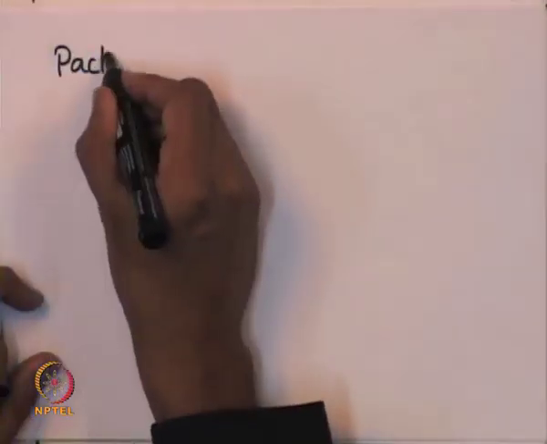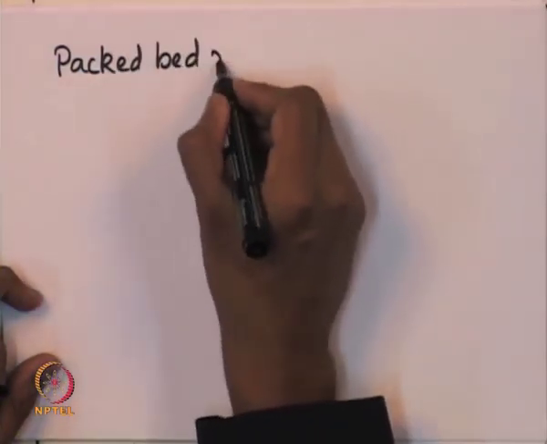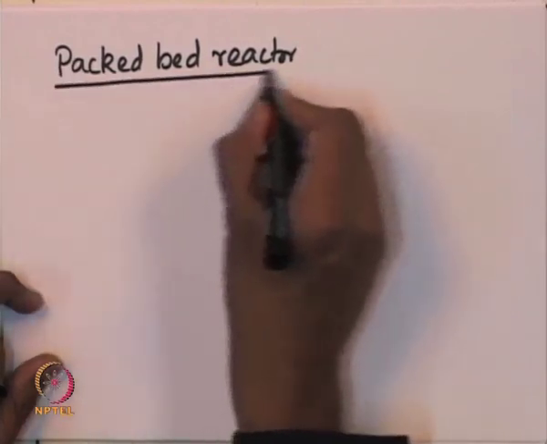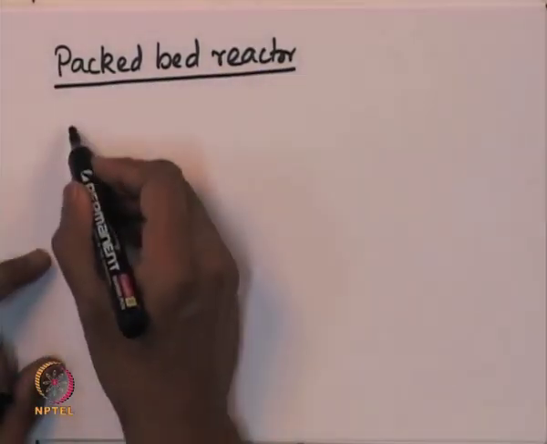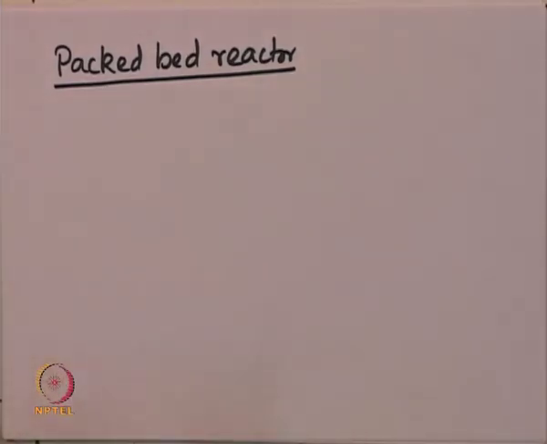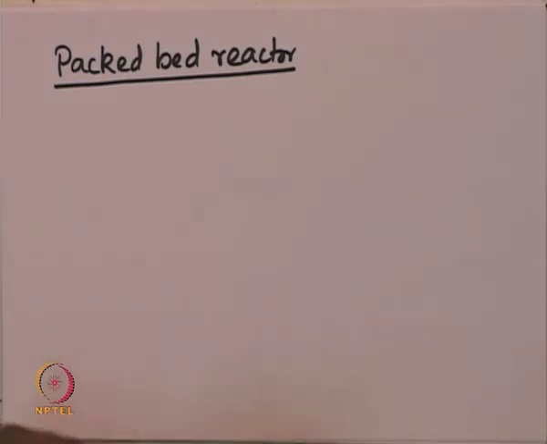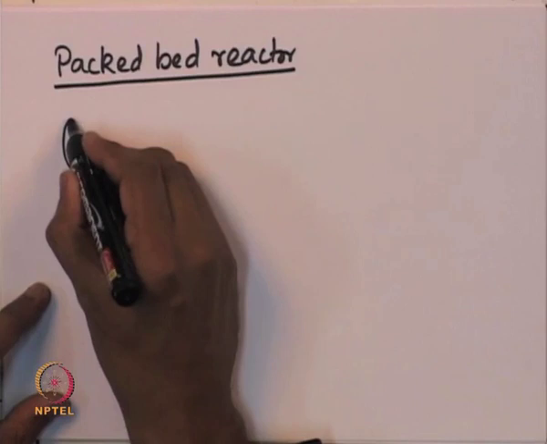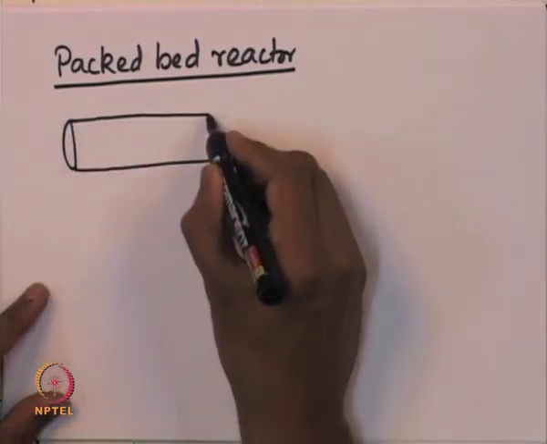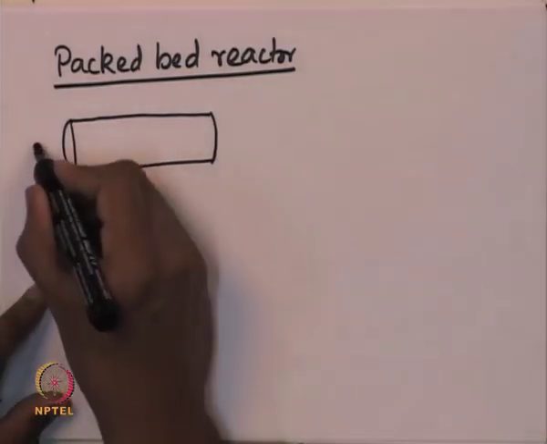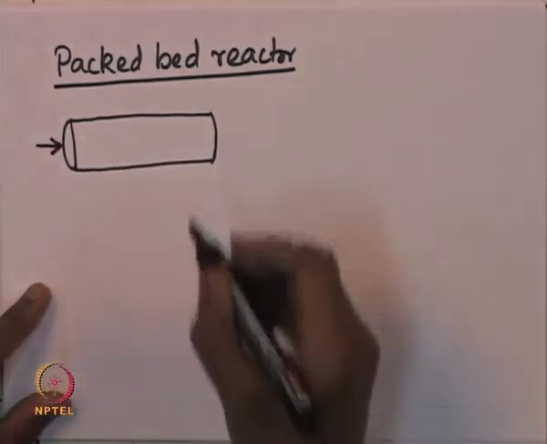So, next let us look at the design of a packed bed reactor, as to how we can incorporate the concept of effectiveness factor into the packed bed reactor design. Now, let us consider a packed bed reactor. A packed bed reactor is essentially a tube filled with a catalyst, and the fluid stream goes from one end of the tube to the other end of the tube. So, let us consider a tube, and there is a fluid stream which goes into this tube and